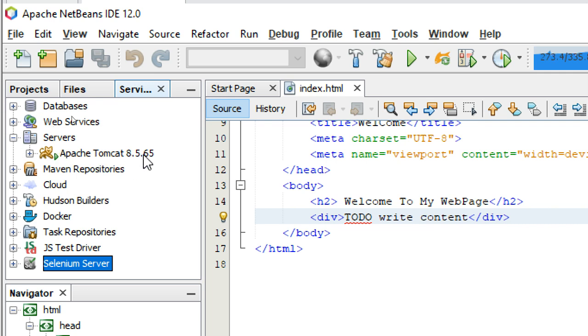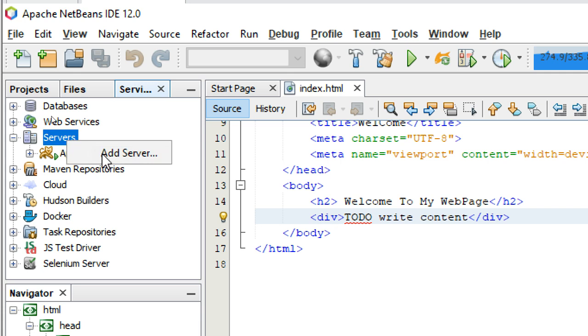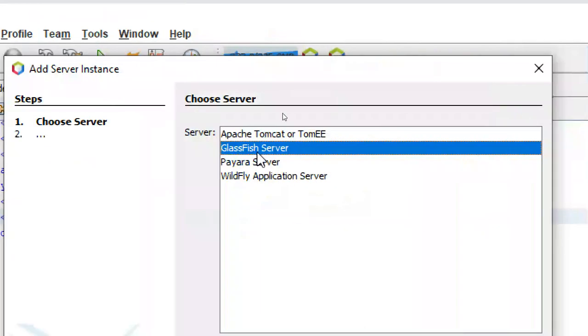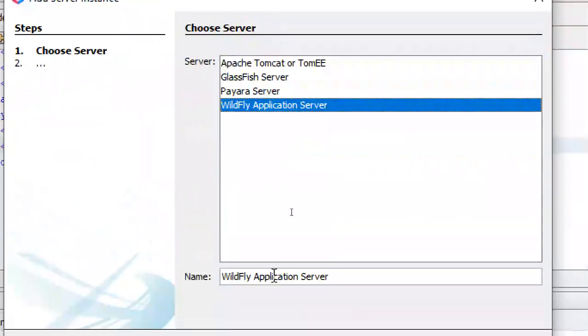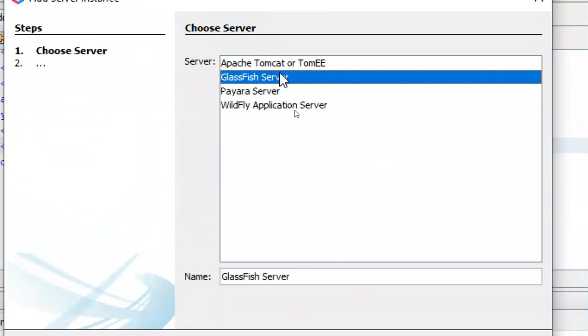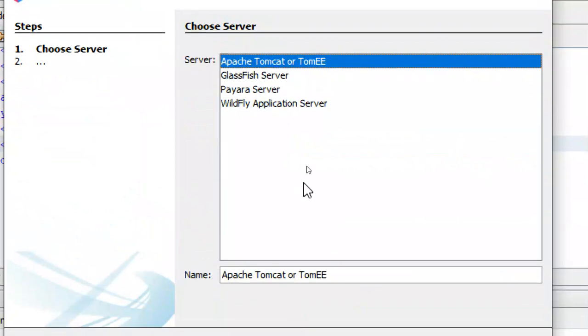Currently, I have a single Tomcat server. If you have more servers, then go to servers, right click, add server. It will display what type of server you are using, and you have to give the name of the server, like WildFly server, GlassFish server. If you download a GlassFish server, tell it the GlassFish server you are using, or a different Tomcat if you have other Tomcats.